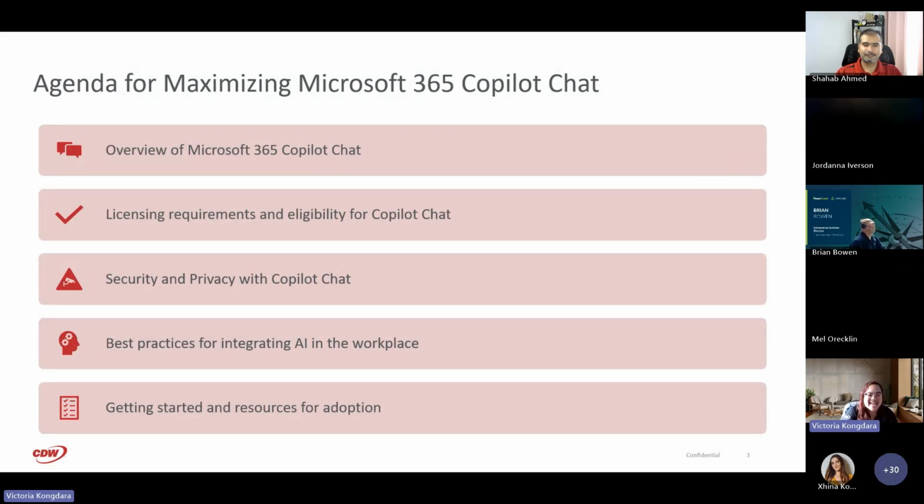Copilot Chat is Microsoft's AI-powered assistant built into Microsoft 365. It's designed to help you work smarter by combining the power of large language models with your organization's data securely and in real time. Whether you're drafting emails, analyzing data, or catching up on meetings, Copilot Chat helps you get